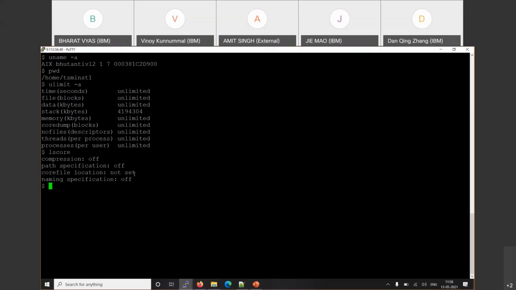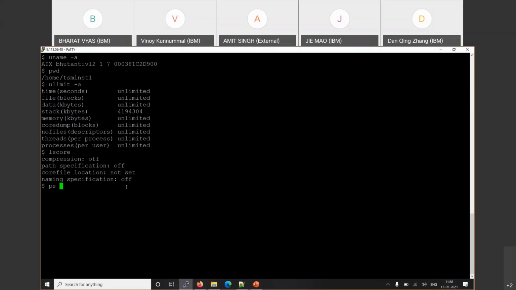For that, you need to take help from your AIX admin or OS admin to set this value because it may impact other applications as well. So make sure you are checking with your OS admin before changing this core file location. In my case, it is not set to any customized path, which means my core will generate in the default path, the instance directory.